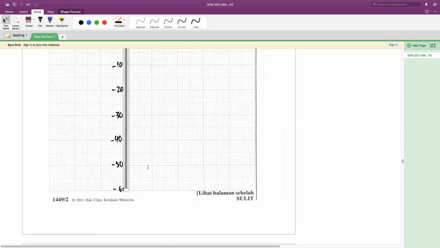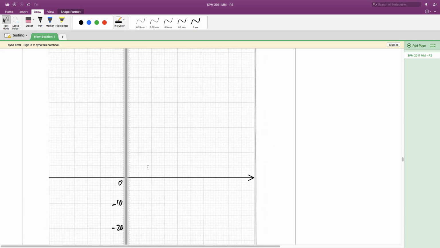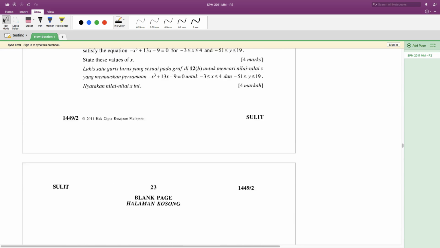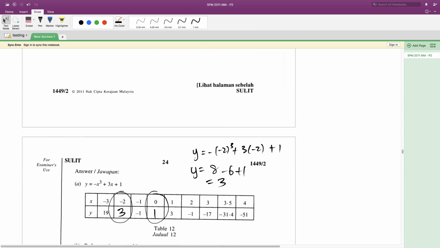Okay, just now it says from until 19, right? So should be okay. Here can be 10, can be 20. Yeah, I fulfill the condition from -51 to 19. And then the second one is -3 to 4. So for -3 to 4,